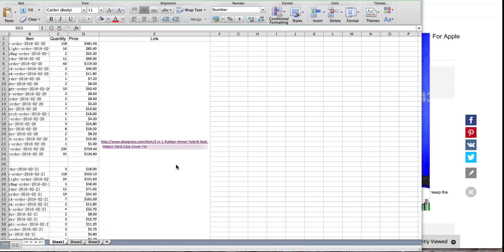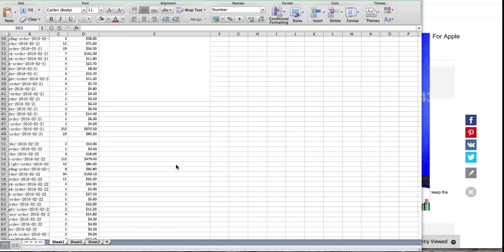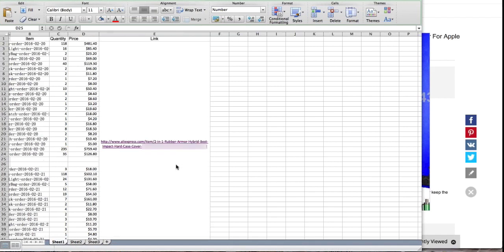So the reason there's so many line items here is because each line item is a product and the price that it cost us for that quantity of products. Now, this is for 3 days. You'll see that they're all listed here, and in one column, which is column E, they're going to give me a link. This link here is how I pay for all 3 days worth of product. When I click this link,